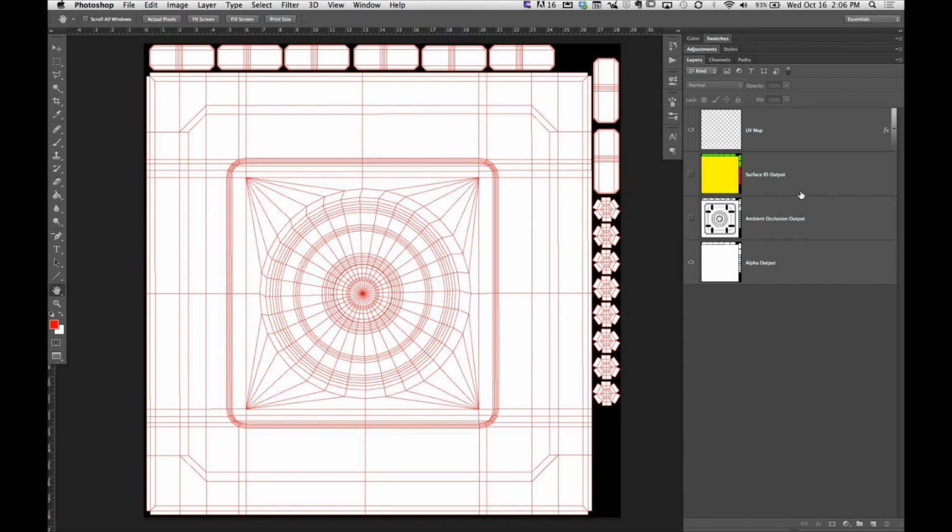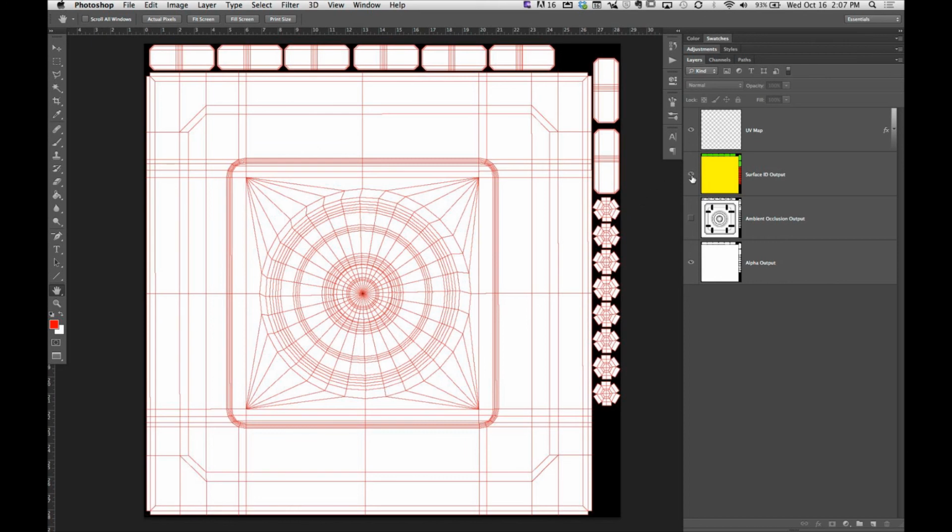Okay, so let me kind of walk you through the steps that I go through at the beginning of every texture map when I use all 3 of these passes. And after some practice, this is going to turn into muscle memory for you guys. This is a good texture setup phase, and let's cruise through it real quick. Okay. All right. So the first thing that I do is that I use the surface ID map to establish